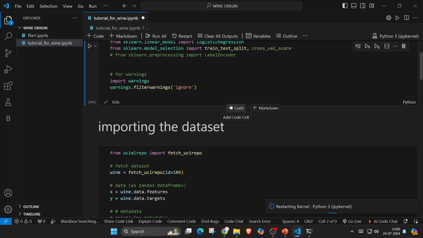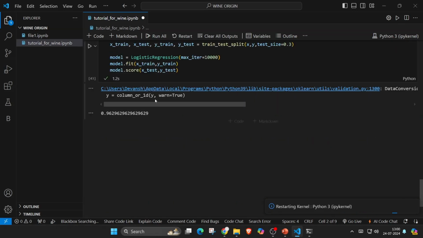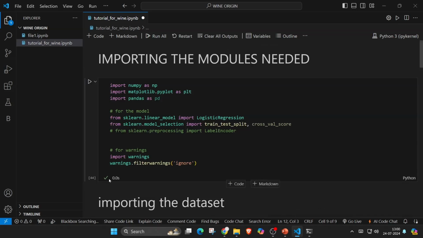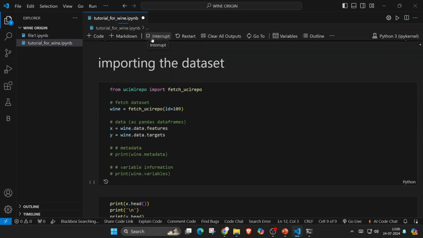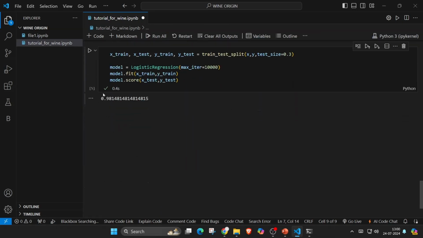Now let's just restart this kernel once, so there's a reassignment of all the variables. Let's see, just wait for a minute. Okay, the kernel has been restarted. Now let's run all these cells and head to the bottom. See now over here, each and every time I run this cell, I get a different accuracy score. See, 98, this is 94, this is again 94, 96, 90. So each and every time I'm getting a different score.